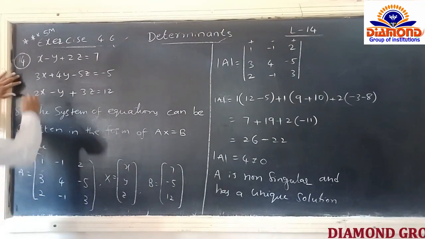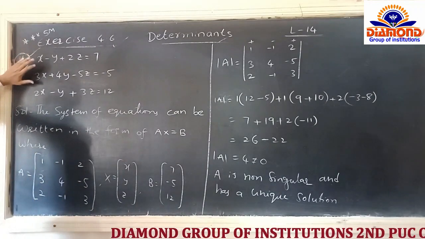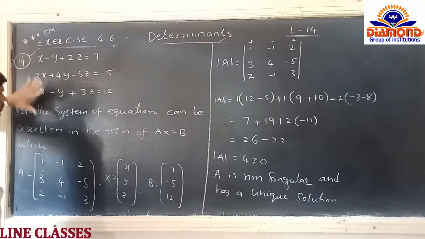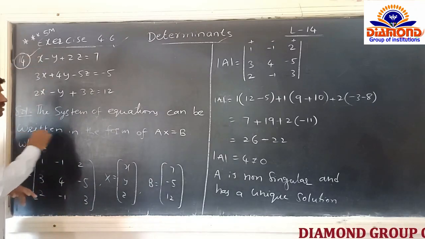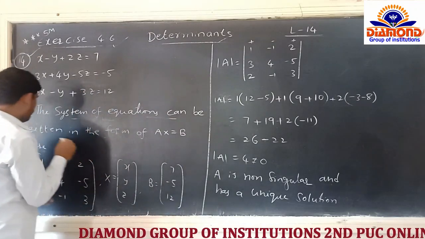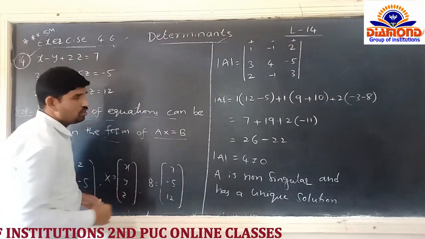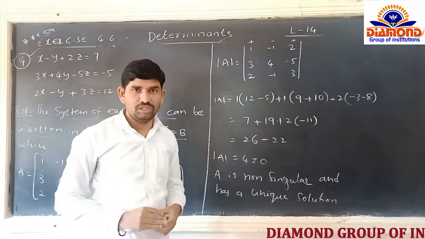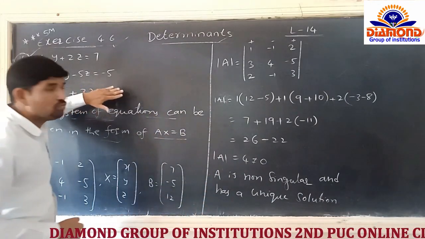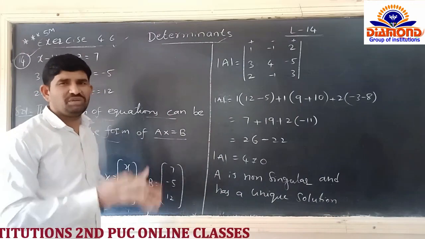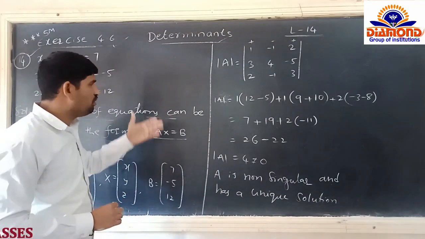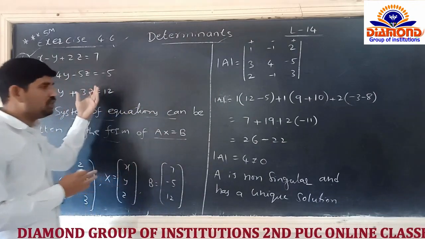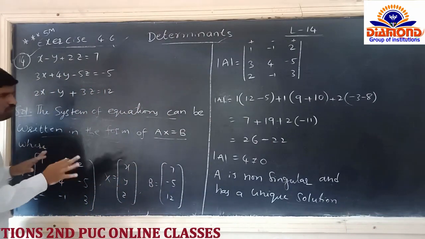So again this is one of the important questions, question number 14. Now observe here, for these equations the system of equations can be written in the form of AX is equal to B. We have completed the 12th question and 13th question. Now we are taking one more question, all the three questions are in the same method. Remember, we have completed two questions, so we can do question number 14 easily. Now parallelly we can complete C here.